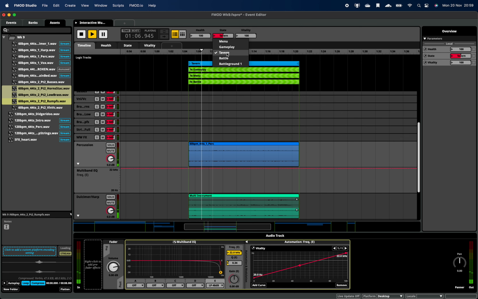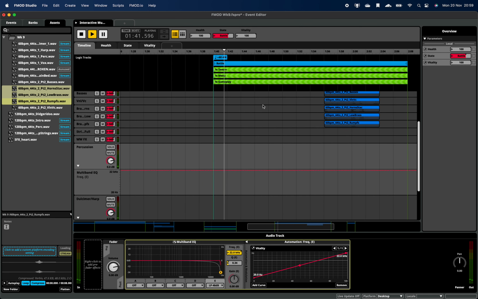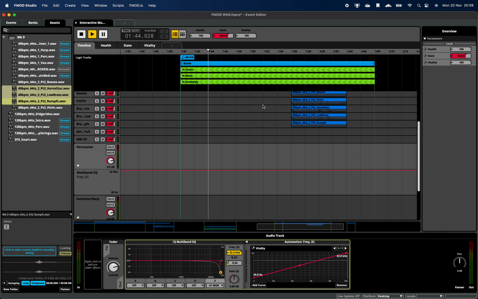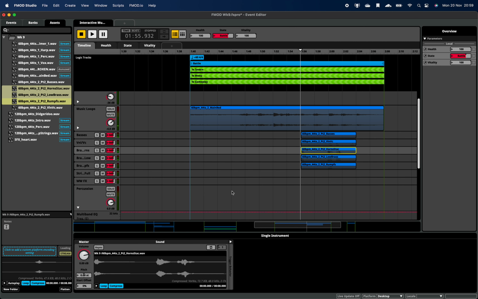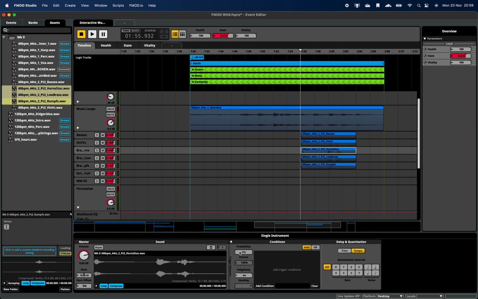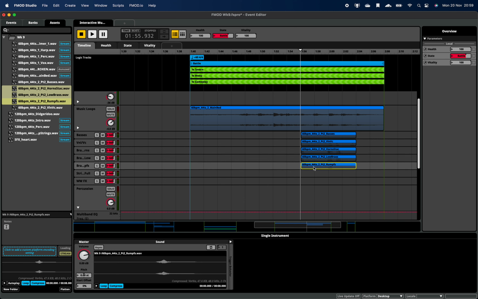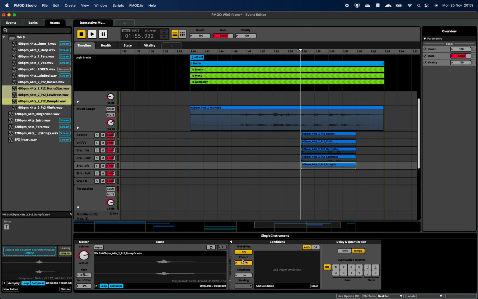So you can design this in any way you like to essentially demonstrate your idea of what it is you're trying to design. The world's kind of your oyster. It might be that this horn stab you don't always hear, so we turn a probability on. You might hear that one 30% of the time. You might hear this low brass 30% of the time. You might hear the rumphs always. So when you play in this section now,